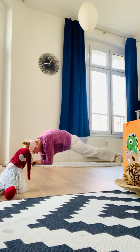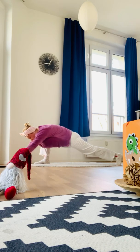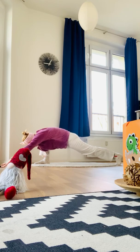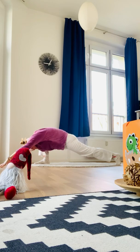5, 4, 3, 2, 1. And in the end, in order to make the position a little bit more juicy, you can just straighten both arms to the maximum, moving them forward. Straighten your back leg and keep the position for